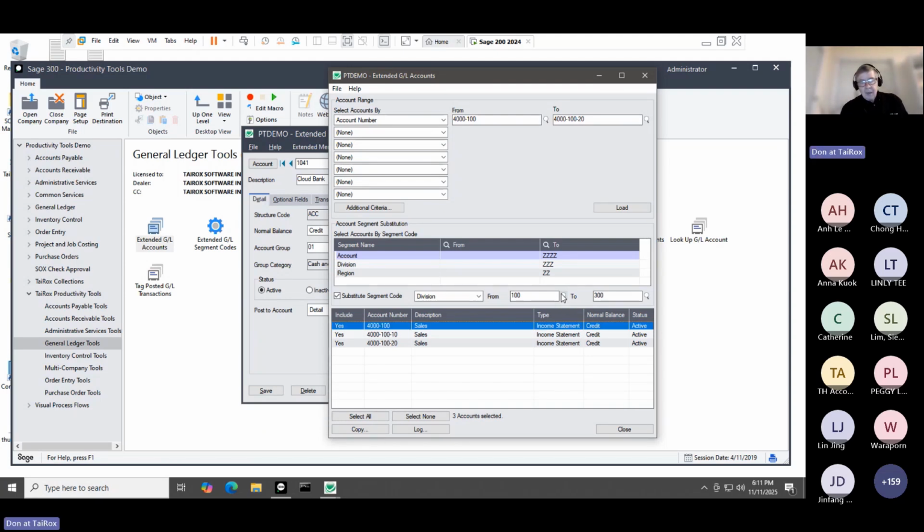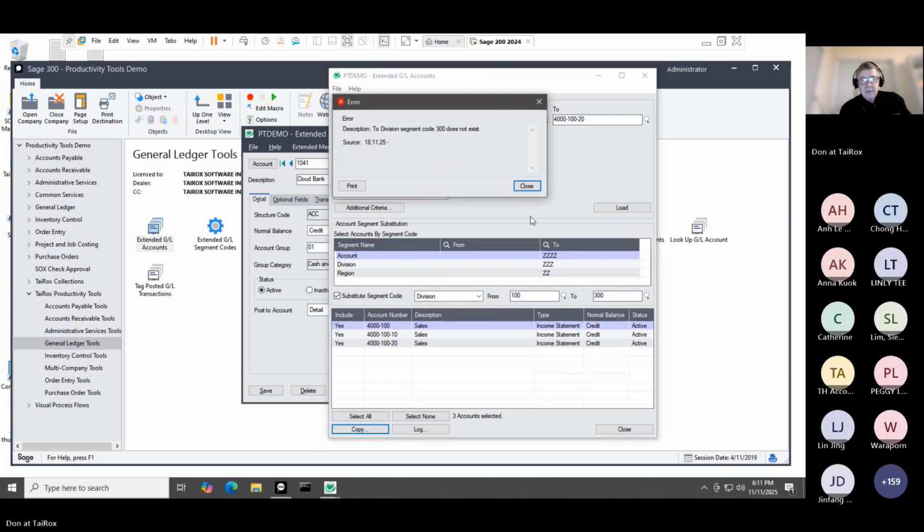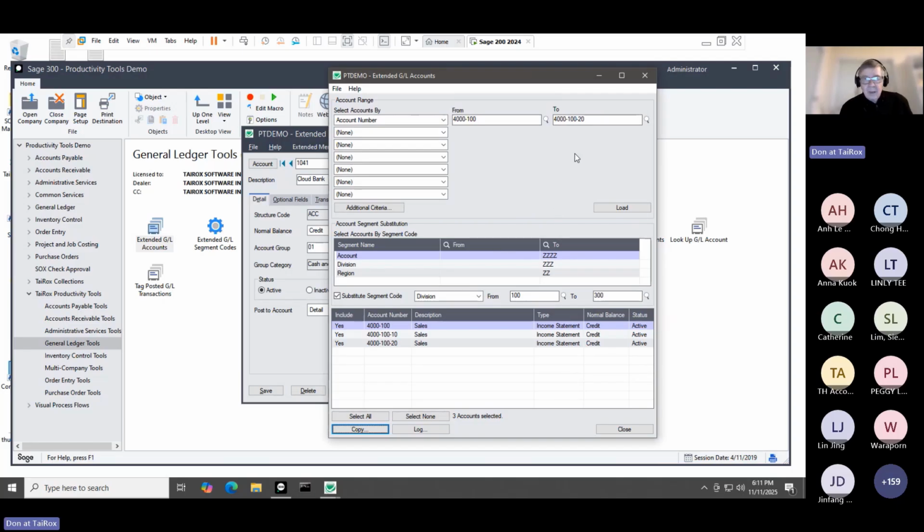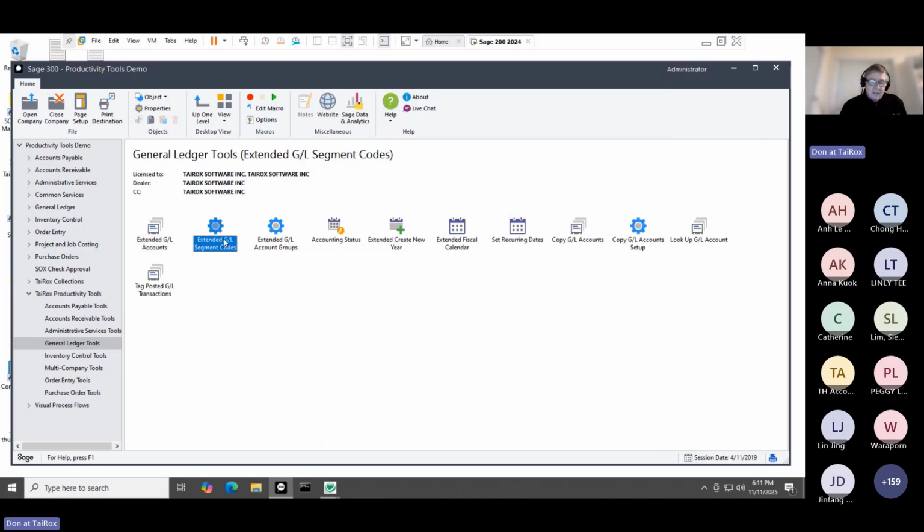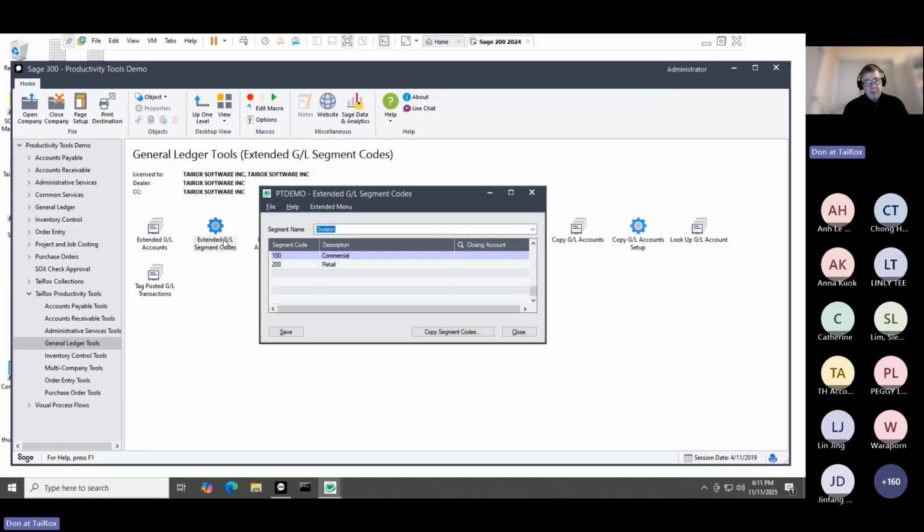Okay, I guess Sage 300 exists, so I'll do a copy operation here. Okay, yeah, so it does not exist. That's what I thought I would see. So let's say, okay, yeah, it doesn't exist. And that's why we have extended segment codes, because they also copy from company to company. First, let me just put it into the source company,